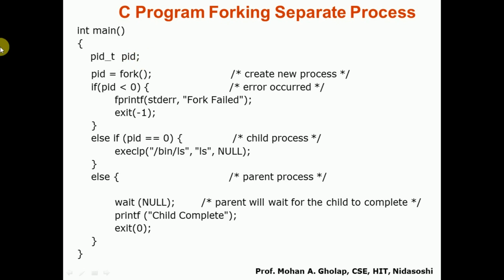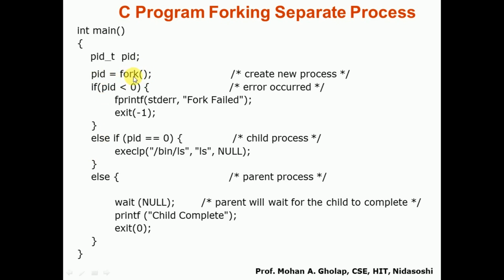So that is done here. We call the fork system call here. It will not take any arguments. When you call this fork system call, it is going to create a new process, that is the child process, and it is going to return the PID of that new process. Whatever value fork returns will be copied into the variable pid.